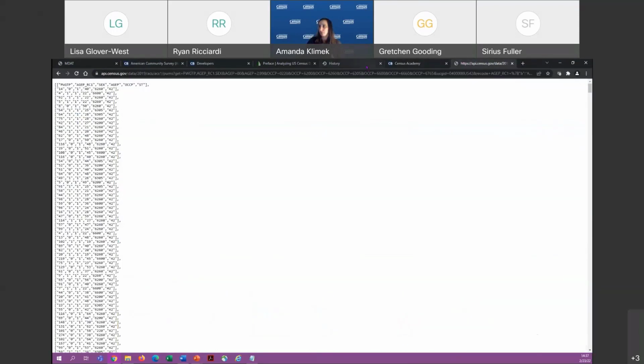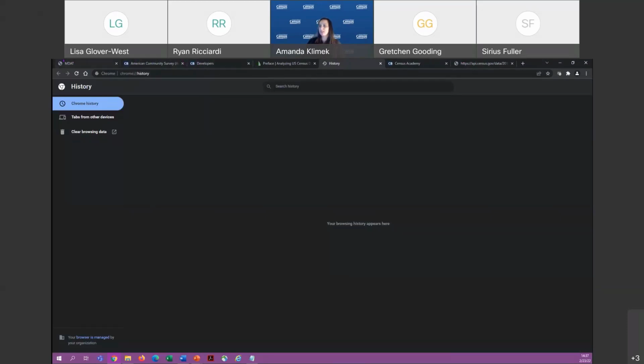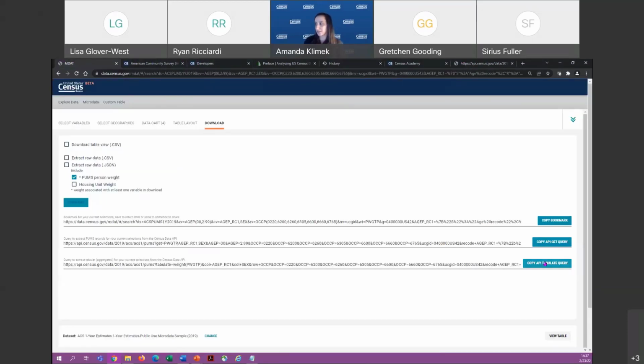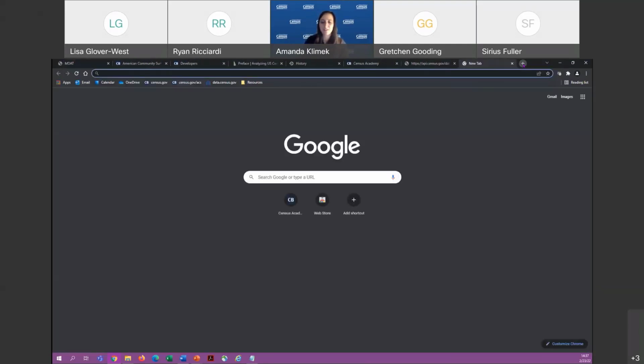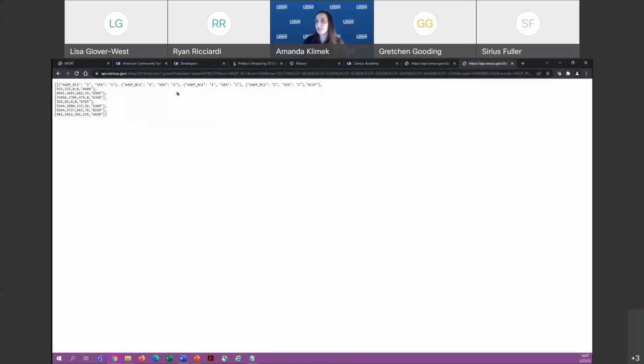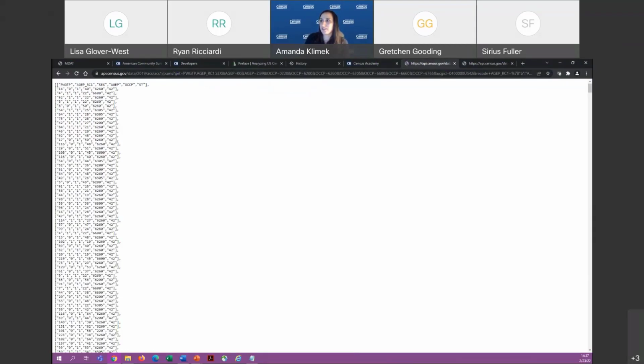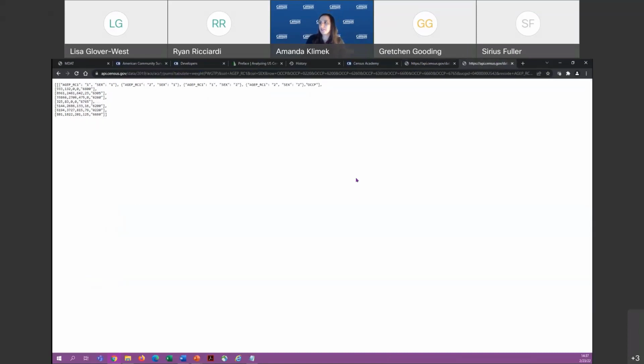But if you just want to go into the table you made and get that through the API, you can do what's called the tabulate query. So we're just going to copy this, and this is the GET API tabulate query. And you can see the difference here. This is effectively the table we made. This is exactly the table we made. And here it has tabulate right in the query, whereas this one has the get in the link. So you can quickly be able to tell the difference.